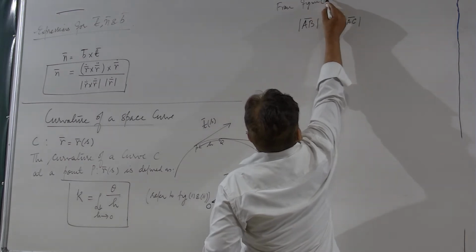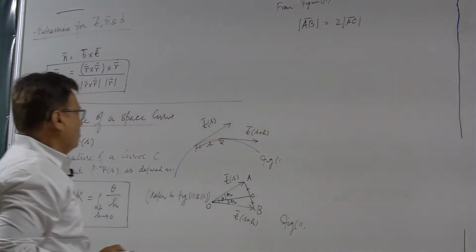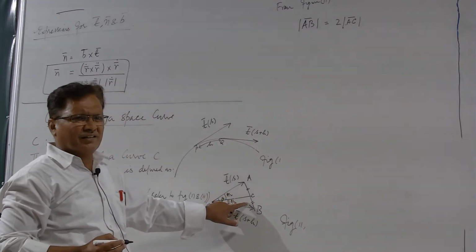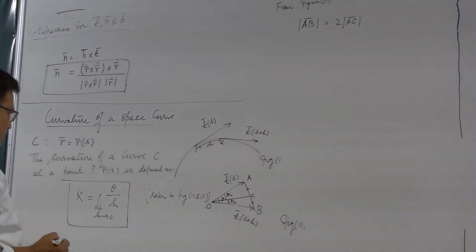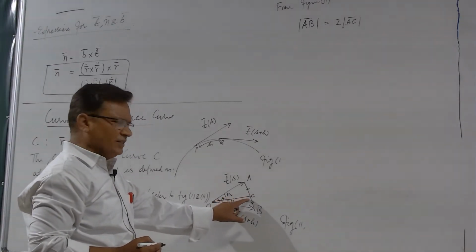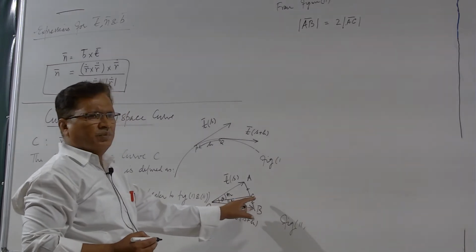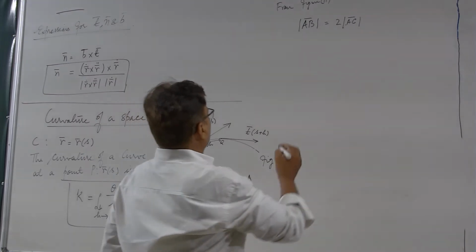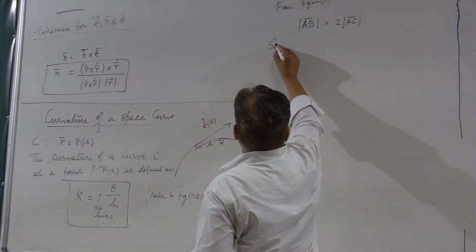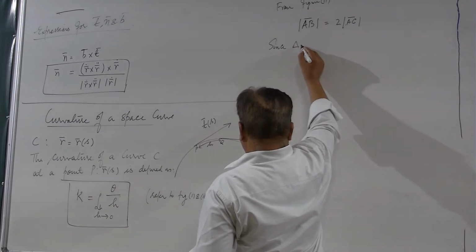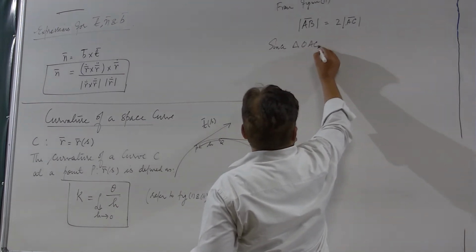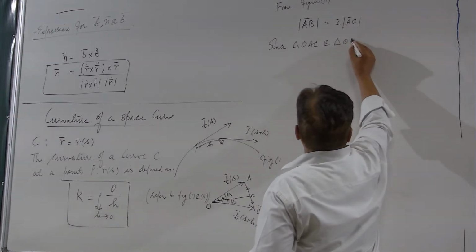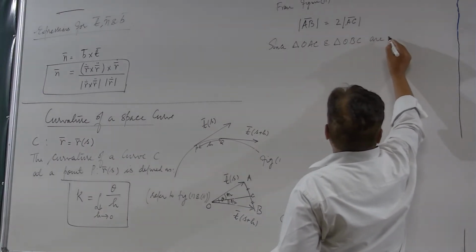Moreover, this triangle is a right triangle. In fact, both of them are right triangles, okay, because this angle will be the same as this angle and the whole angle is pi. So, this must be pi by 2. So, since both the triangles, triangle OAC and triangle OBC, are right triangles,